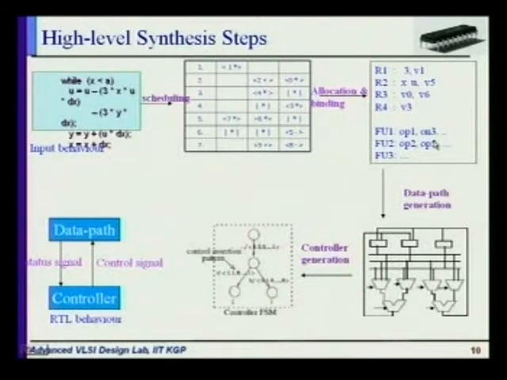And then finally the data path generation. It basically generates your data path interconnections. And finally the controller. In the controller you can see it generates some 1-0 signals in each step to the design, so that it will perform some operation, and it will generate some status signals to the controller, so that it can decide whether I will go this way or this way. So this is the basic flow.